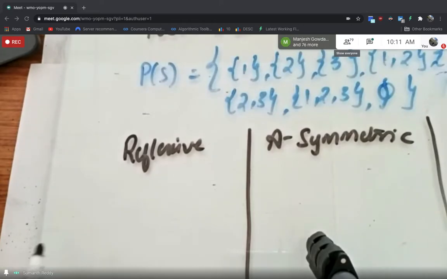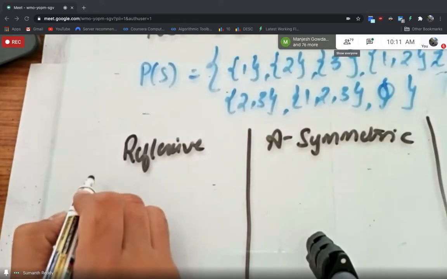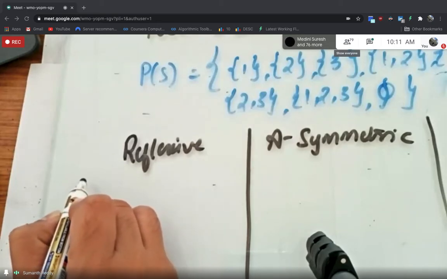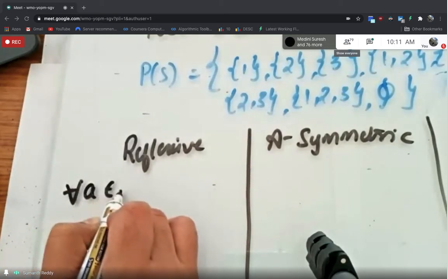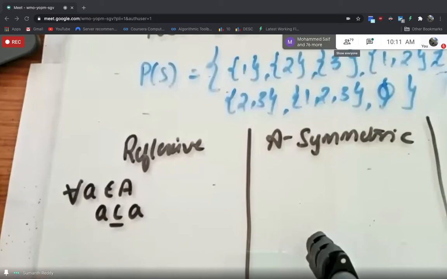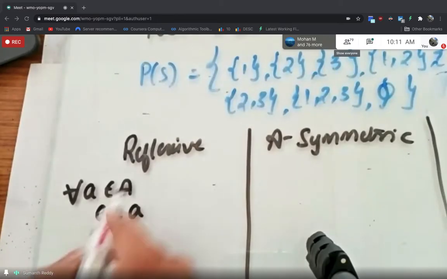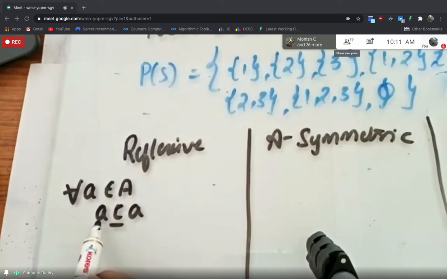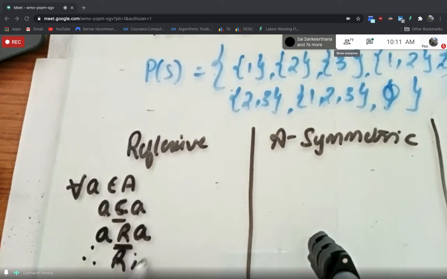He is talking about the subset relation. Will you agree that for every element A that belongs to the set, A is a subset of itself? Will you agree that every set will be a subset of itself? It is correct, right? If A has the elements, say for example 1, 2, obviously it will be a subset of itself, because it will have 1, 2, same thing again. And the operation that we are checking is subset. If A is a subset of A, I can write it as A is related to A, and R is a relation from A to A itself. So therefore I can conclude that R is reflexive.